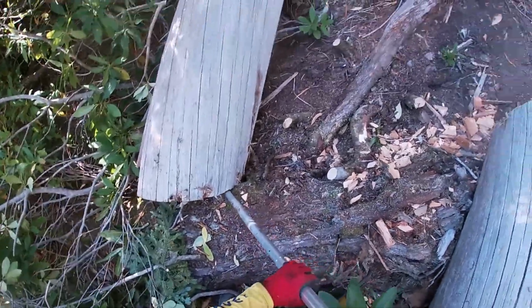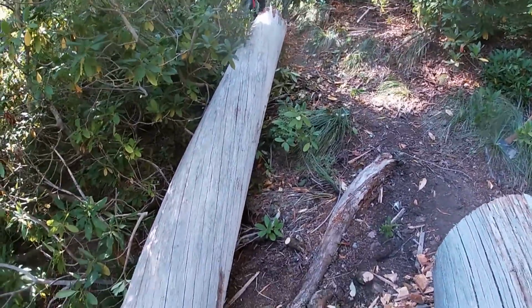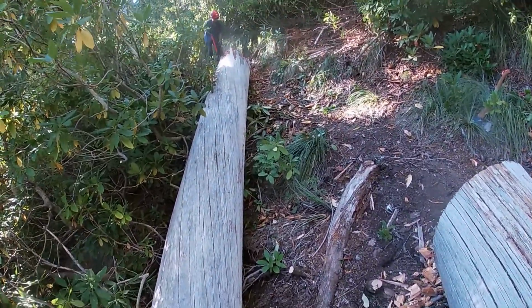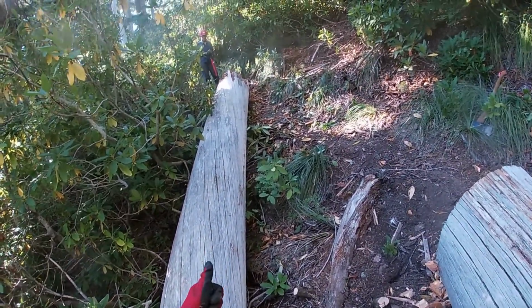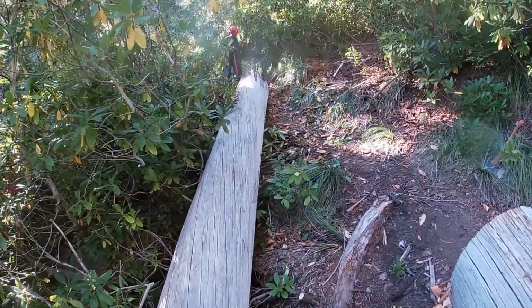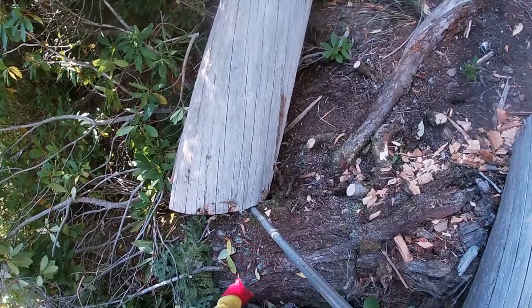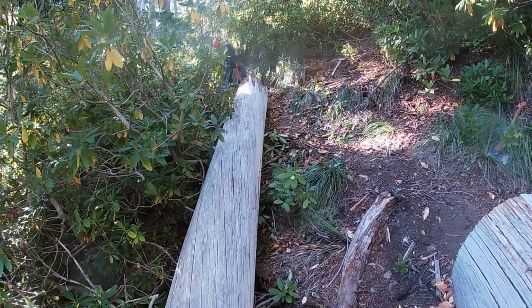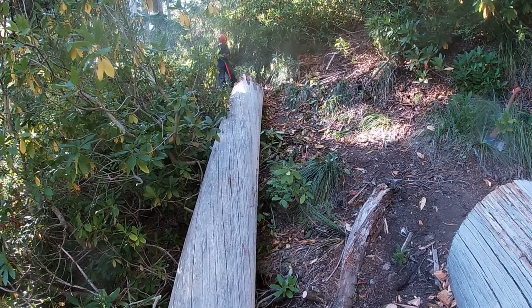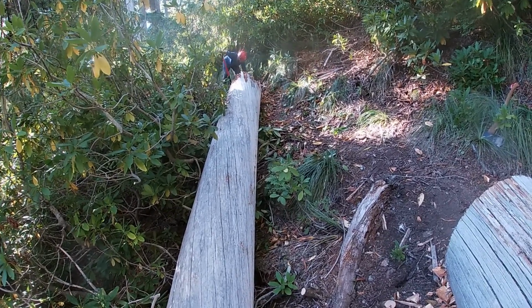Okay, here's what we do. You want to grab the shovel? Yeah. What I'm going to do is use the lever to pry this uphill a little bit, and you're going to use the shovel to give it a kick over, because it's only got contact down here in this bottom corner. And we've got contact on the edge of the trail. What I'd like to do is break off this last little piece here so it doesn't hit this. So before we do that maneuver,